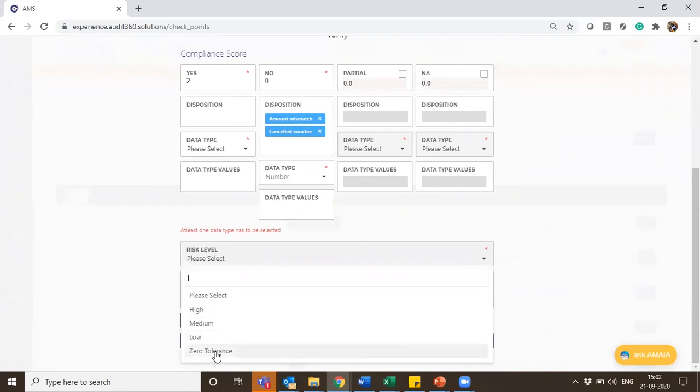Zero tolerance is one above the high, which we sometimes call critical, or it can be a non-tolerant process if it has been deviated. In those cases, we are opting for zero tolerance. So in this case, because we are looking at the amount mismatch and the amount is a high impacted checkpoint, we choose this as zero tolerance.